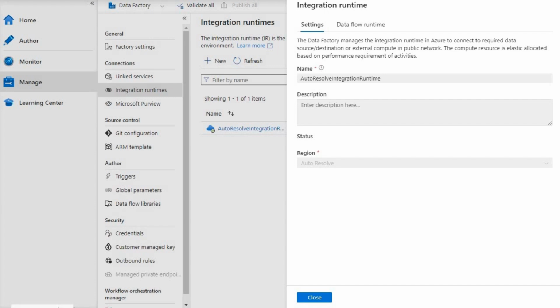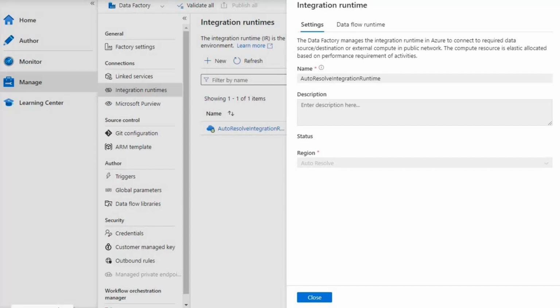Now that we have discussed the advantages, let's move our focus to some of the disadvantages of Azure Auto Resolve Integration Runtime. The first disadvantage would be the limited control that it offers us. The main thing is that we don't have any way to select the region that is required for us. The Auto Resolve Integration Runtime doesn't allow you to manually select a specific region, which might be a requirement in certain scenarios, such as compliance with data residency laws or sometimes performance related